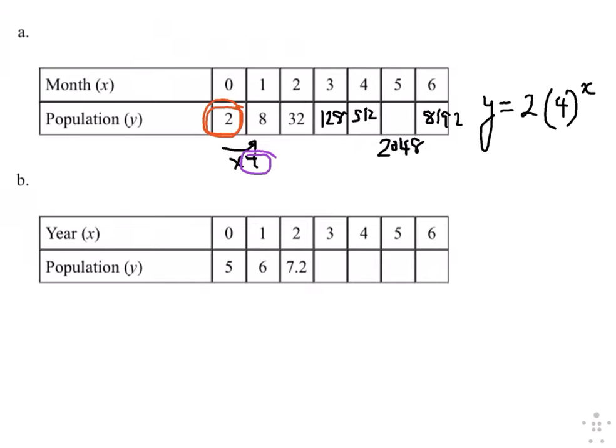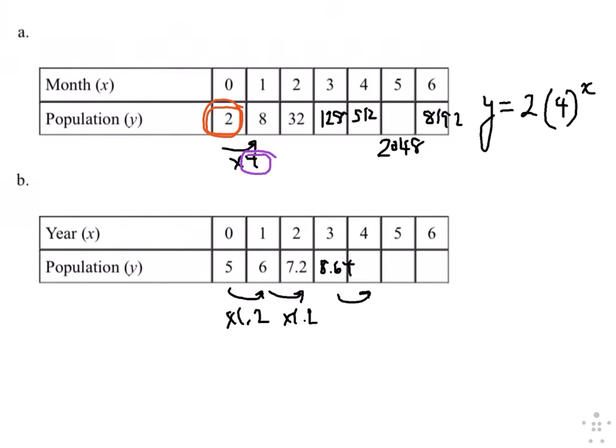Okay, the next one for B, clearly we're not adding, because if it was plus 1, then it's not plus 1. So we're multiplying. So 5 times what is 6? If you don't know that, you can divide 6 by 5 and see, but it's times 1.2. And then 6 times 1.2. So again, this is calculator work, right? So it's 7.2 times 1.2 is 8.64,